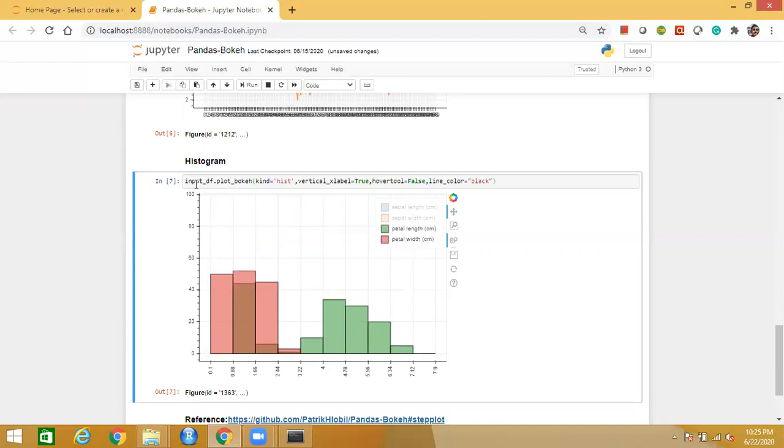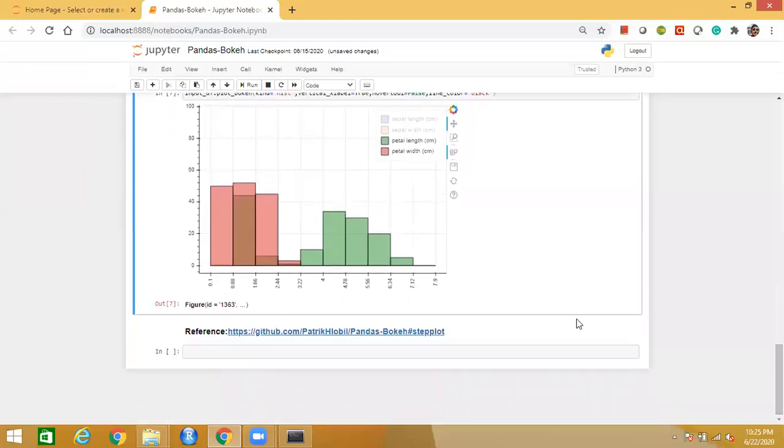We are not writing any new functions. The same way we used to do Pandas plotting, we are now doing with Pandas Bokeh. But these are now interactive charts. Previously, with the same syntax, we used to have static plots. That's the advantage of Pandas Bokeh. So it's a good one to learn, so that you get interactive charts instead of static charts.